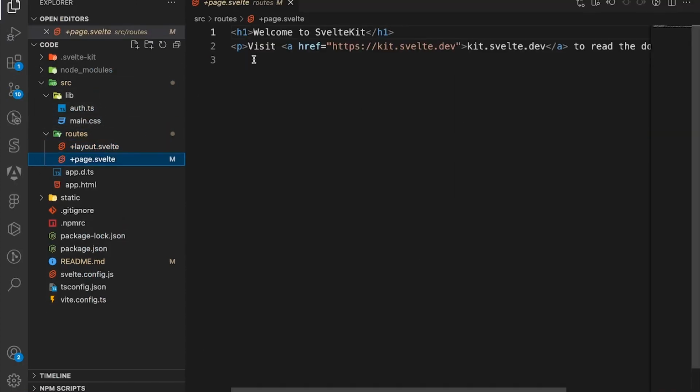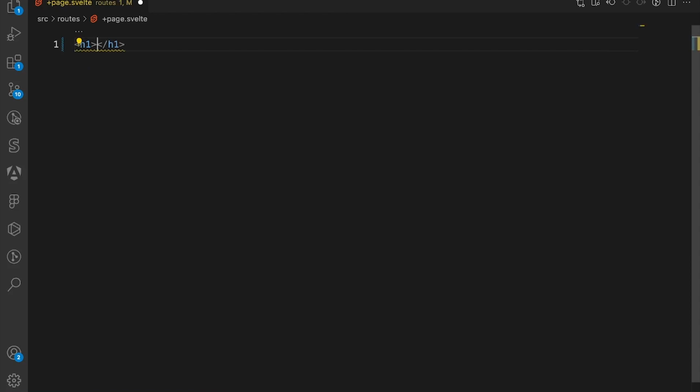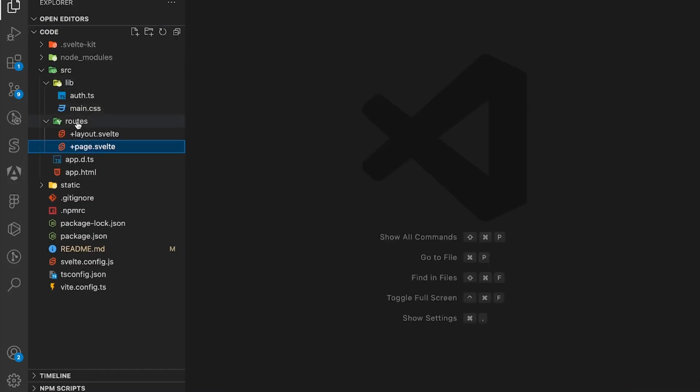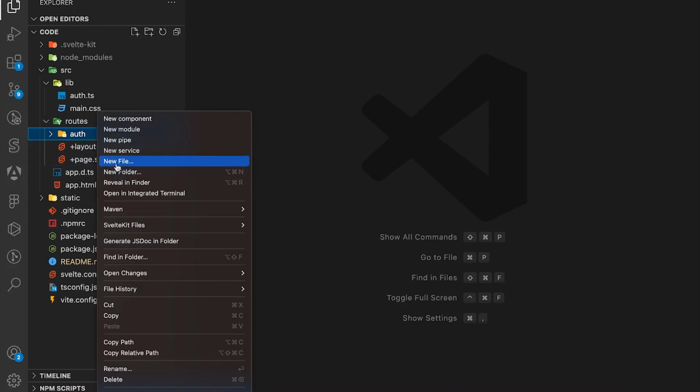So then in the +page.svelte file, we're going to delete all the default markup, and we're going to add an h1 element that says Unprotected, which is basically going to be the home page. So then we can close this file. So then in the routes folder, let's create a new folder called auth. And inside here, let's create a new file called